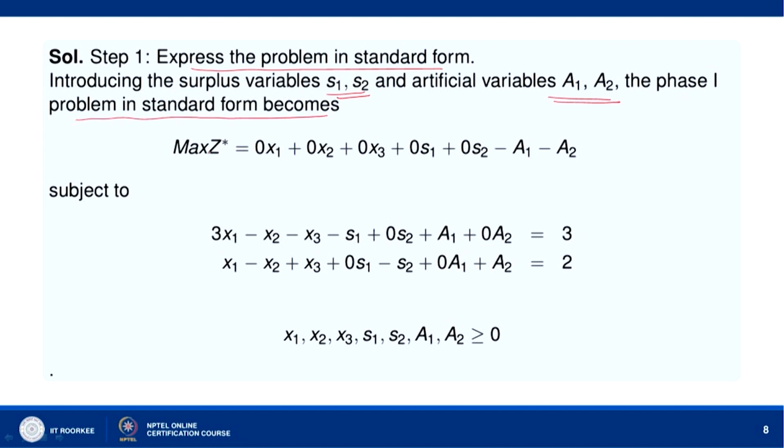maximize z star equal to 0 into x1, 0 into x2, 0 into x3, 0 into s1, 0 into s2, then A1 and A2. The coefficients of A1 and A2 are taken as minus 1 each. So, minus A1 minus A2 we have, and subject to